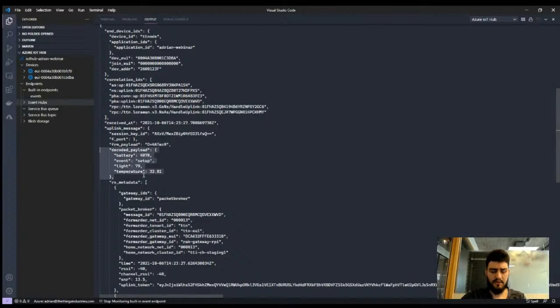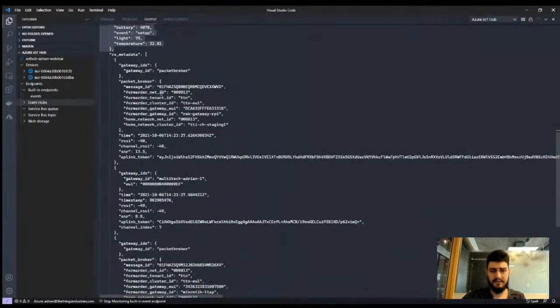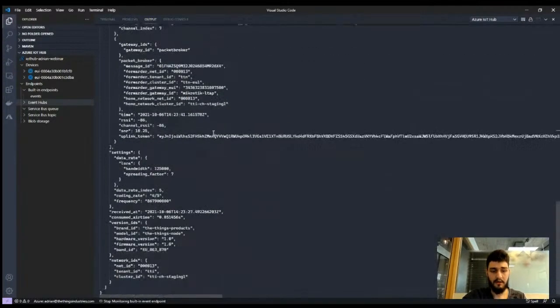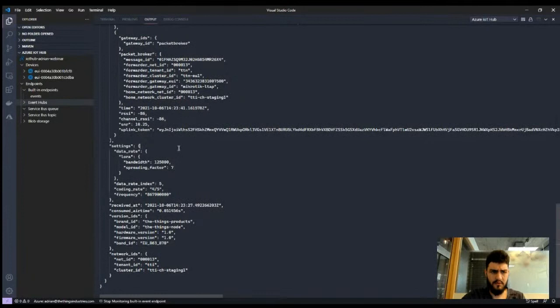So decoded payload, which gateways have received it. In this case, this message, for example, also was received via packet broker, what spreading factor, bandwidth, all of the telemetry that you need to know when you are trying to receive data. Now, why I'm showing this, why I want you to know